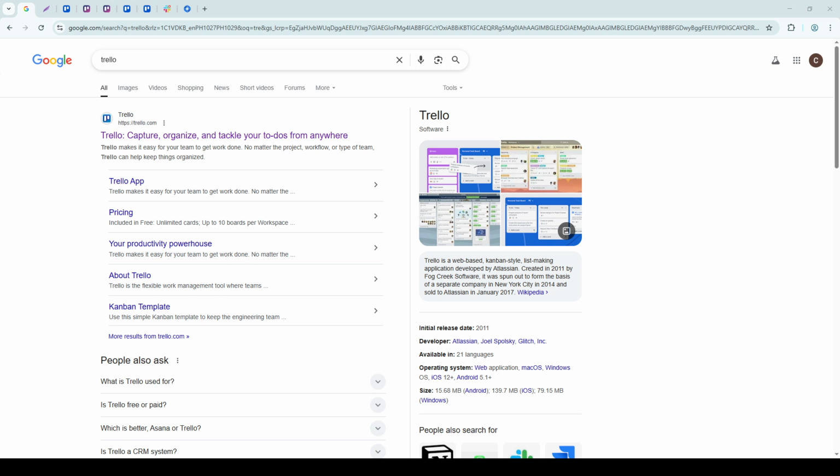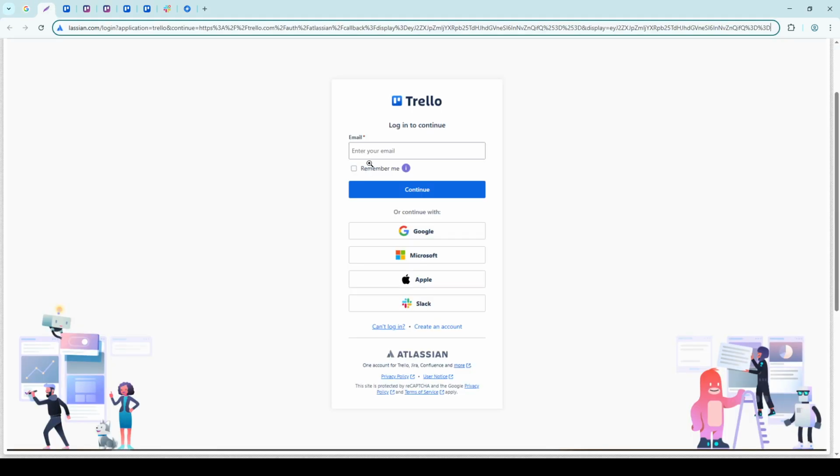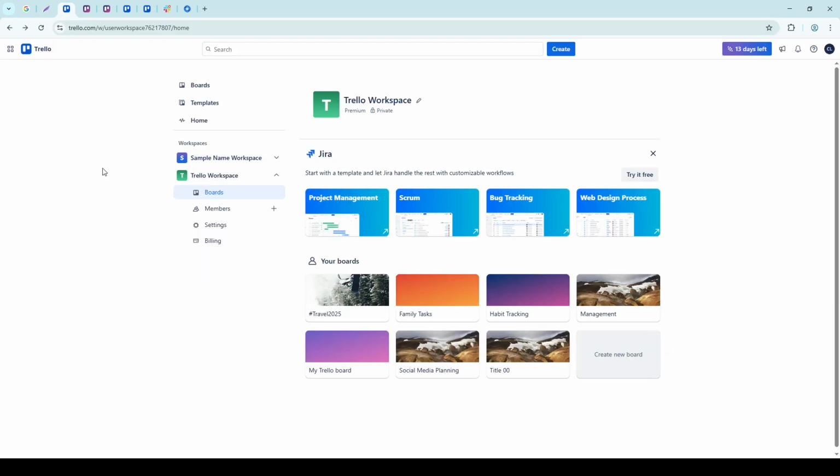First things first, you'll want to navigate to the Trello website. Simply open your preferred web browser and type in Trello.com, or click the Trello icon if you've saved it as a bookmark. Once you've reached the Trello homepage, you'll need to log in to your account. You'll notice a variety of login options available, including email, Google account, or even a Microsoft login, depending on what you have set up. Select the method you originally used to create your account, and you'll be smoothly guided into